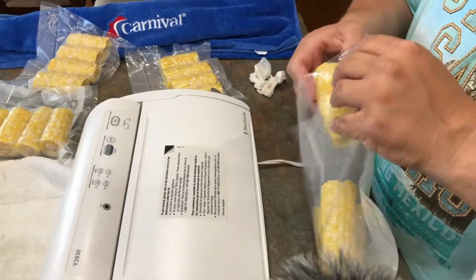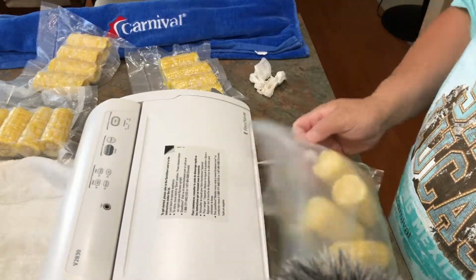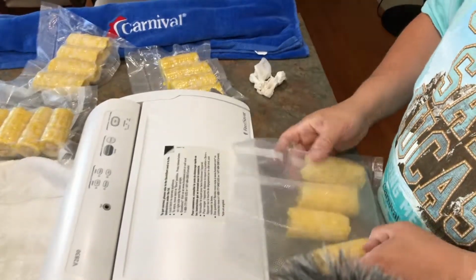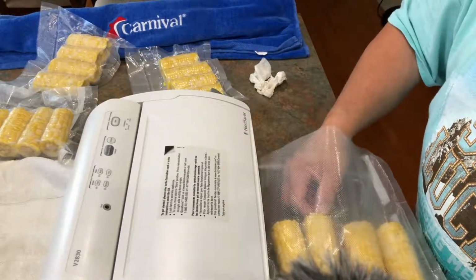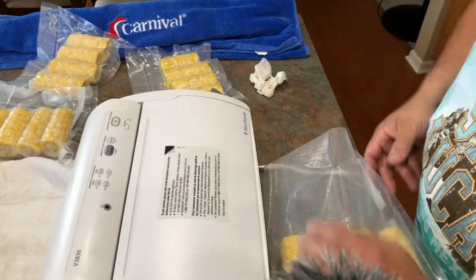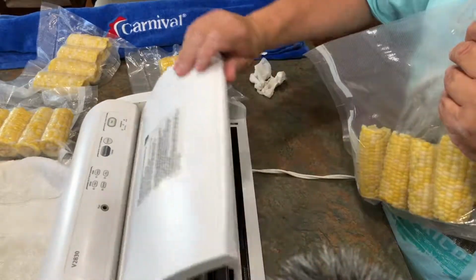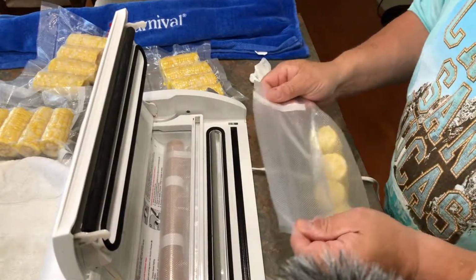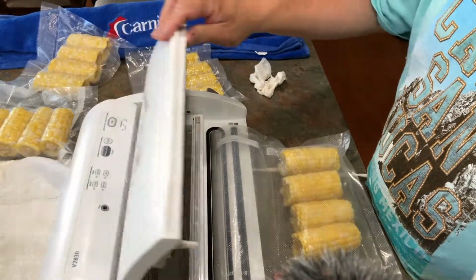We use this a lot. A lot of times we'll buy extra hamburger, extra meat, you know, go to Sam's Club or whatever, and we will repackage our meat for future use, especially when it's just me and the wife here. When we have other people here, you usually don't need to package extra meat away, but so